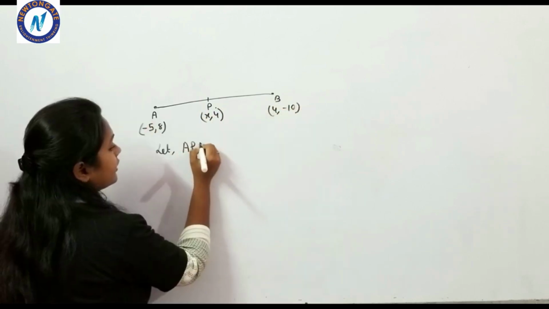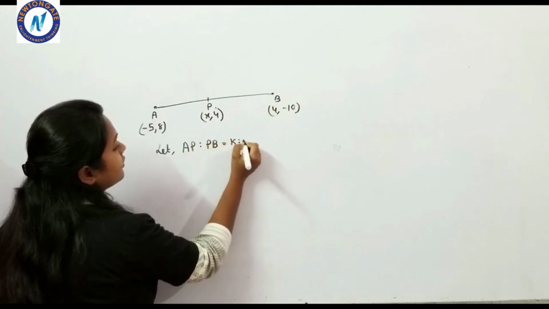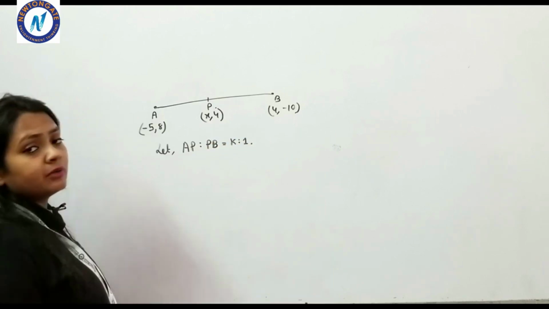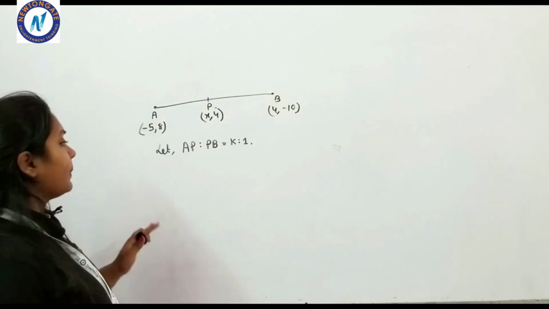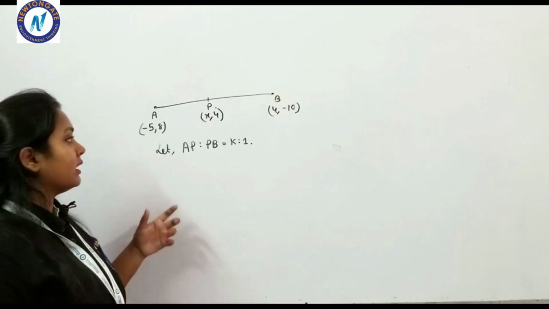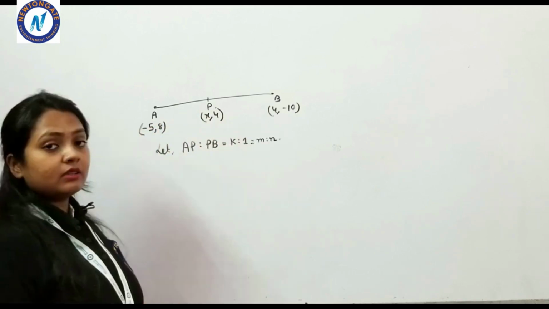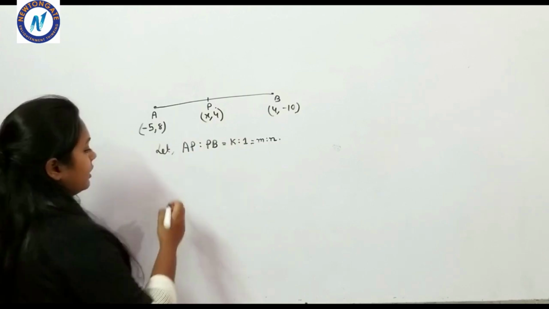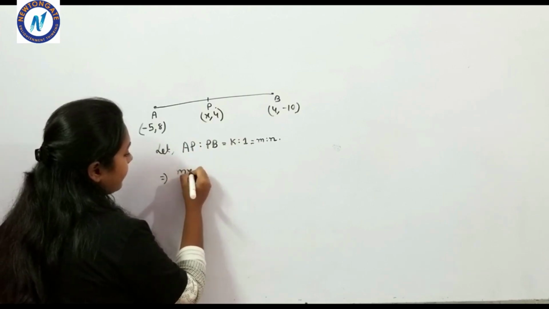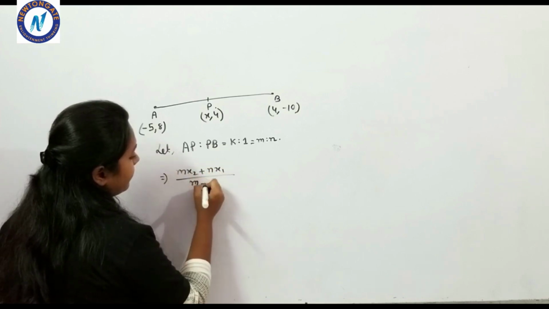AP is to PB equals K is to 1. Okay. Then how will we solve this type of problem? Let's see. Now we find the coordinate of P by A and B. Here we will use the section formula. What is that? The formula is (m x2 plus n x1) divided by (m plus n)